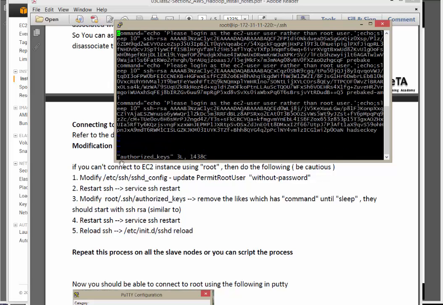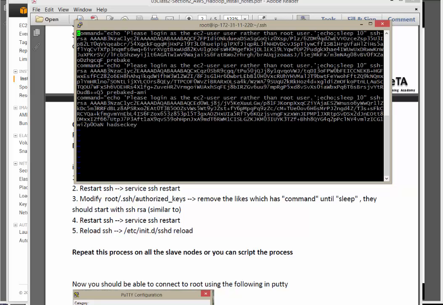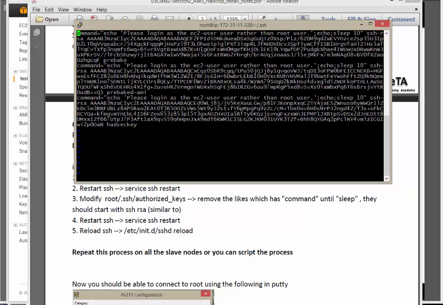Right, so you can see a command equal to echo please log in as ec2-user. That is the command you will get if you try to log in as a root user before doing this stuff. Okay, so delete until